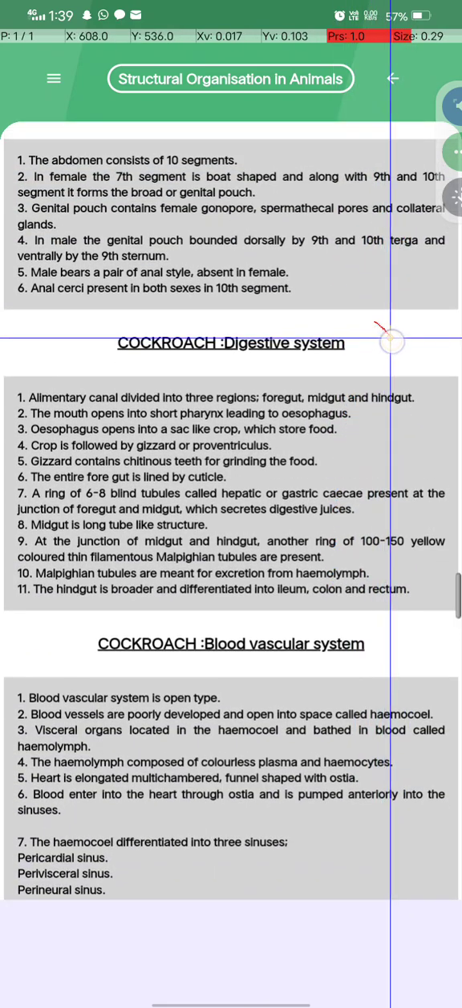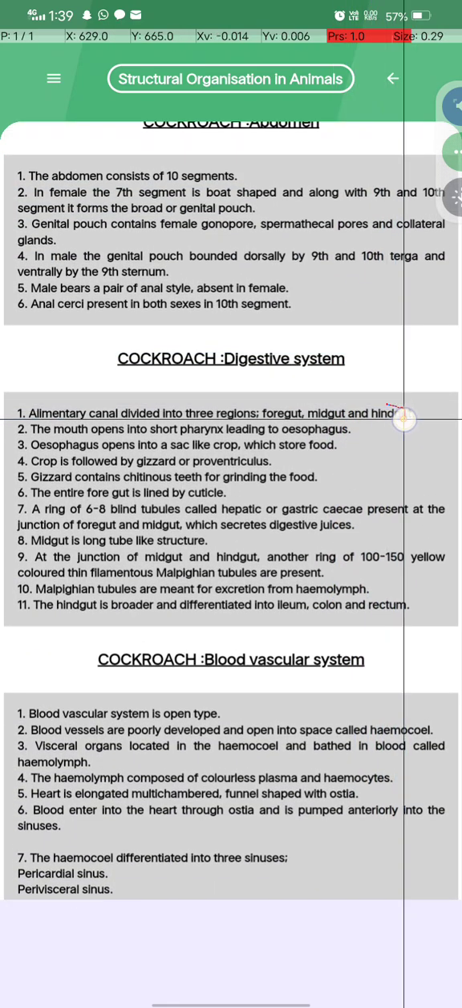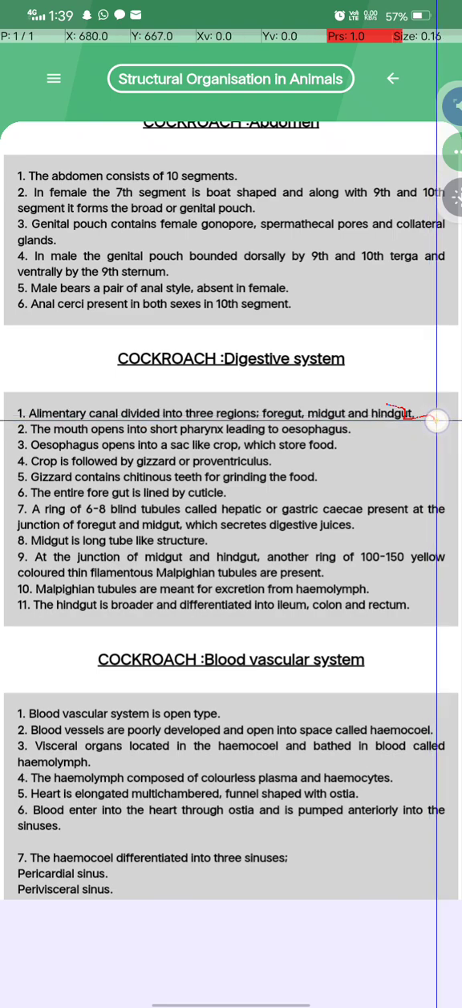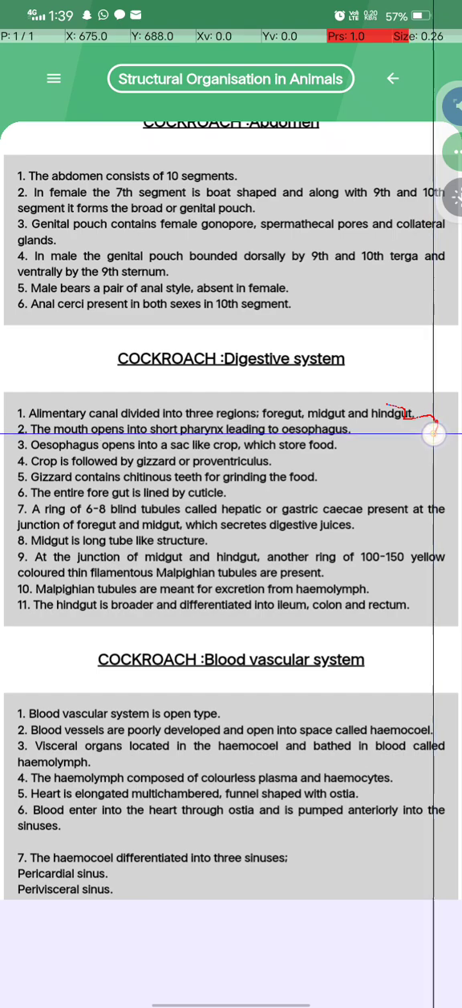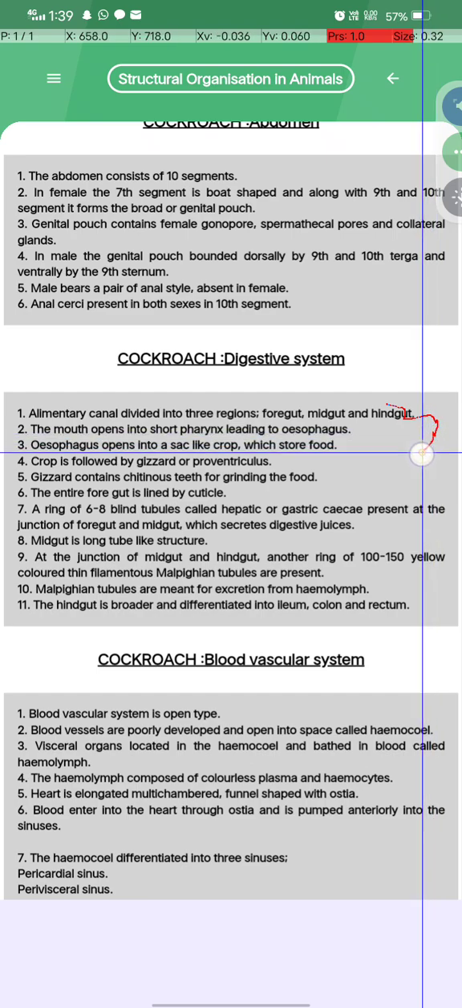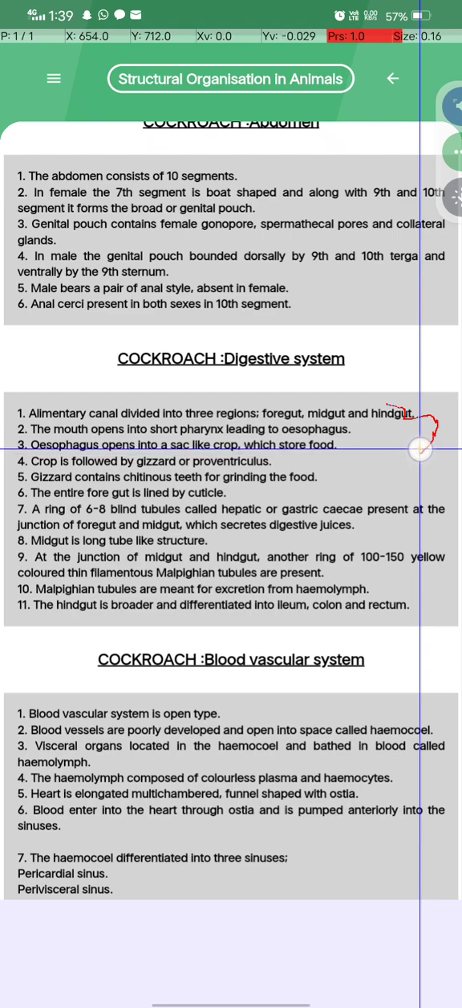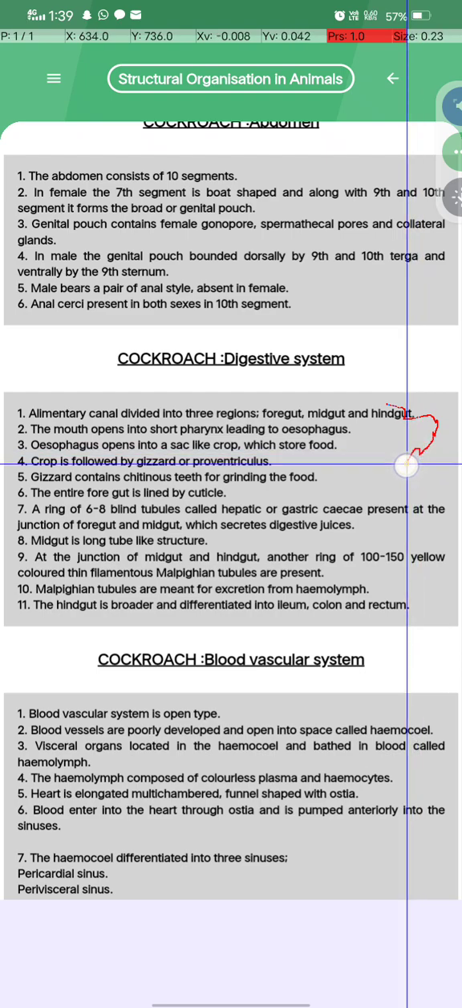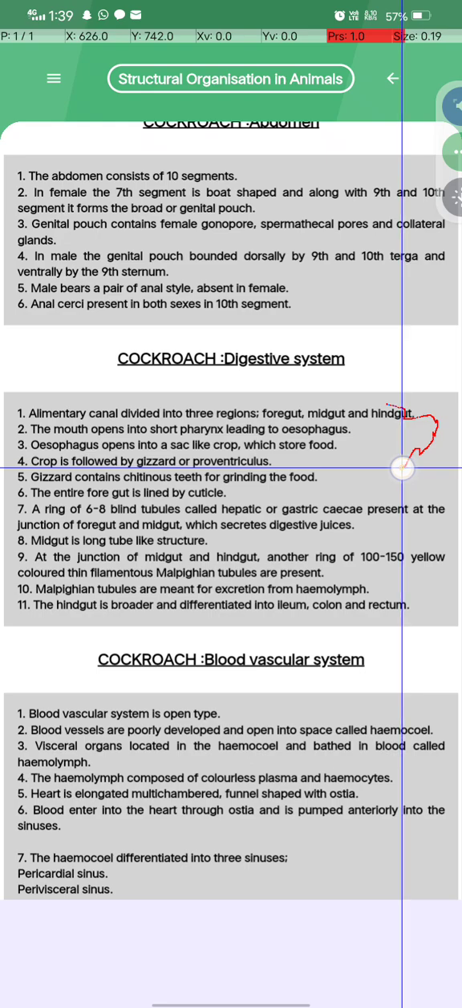कॉकरोच का डाइजेशन देख लो. Alimentary canal is divided into 3 regions: foregut, midgut, hindgut. Mouth opens into the short pharynx, leading to the oesophagus. Oesophagus opens into the sac-like crop, which stores food. The crop is followed by the gizzard or proventriculus,